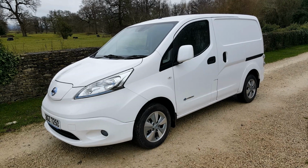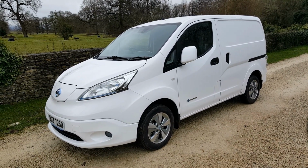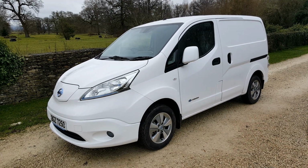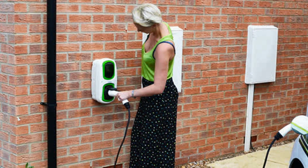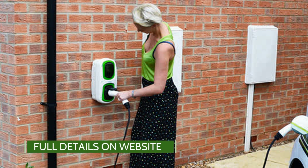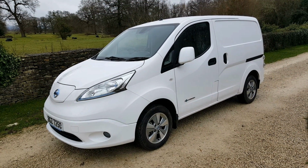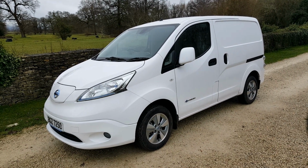So this vehicle is ready now, so if you're interested give me a call or email and let me know your postcode and I'll work out the delivery cost. I can deliver these anywhere in the country. And if you haven't seen on the website, all my vehicles come with the free installation of a home wall charging unit. That's a Rolex 32 amp charger. That typically takes 2 to 3 weeks to get installed, but in the meantime this one has got that portable charger that's in the back there, and means you can charge this